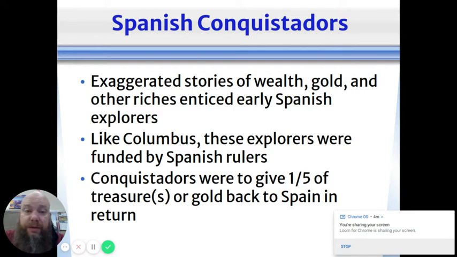And I think we understand that a little bit better than maybe we would in the past due to the recent quarantine and lockdown and stuff. I know I was sitting at home day after day after day, and I was like, I just want something different. It didn't necessarily have to be better. And so for them, it was a decision that they would make. And for Spanish rulers, it was an easy decision too.